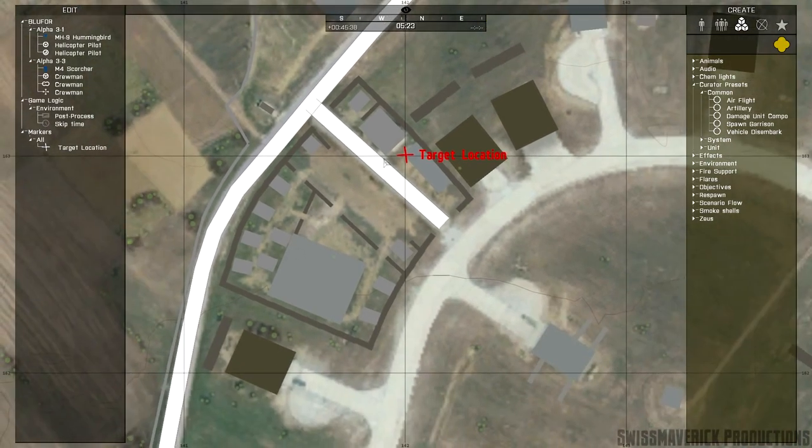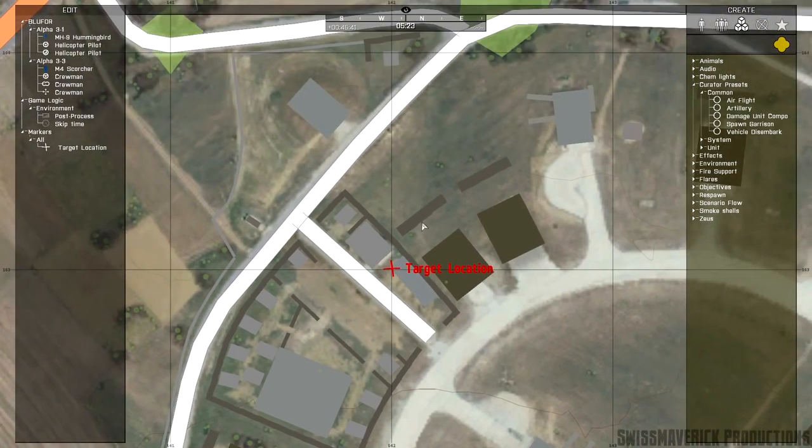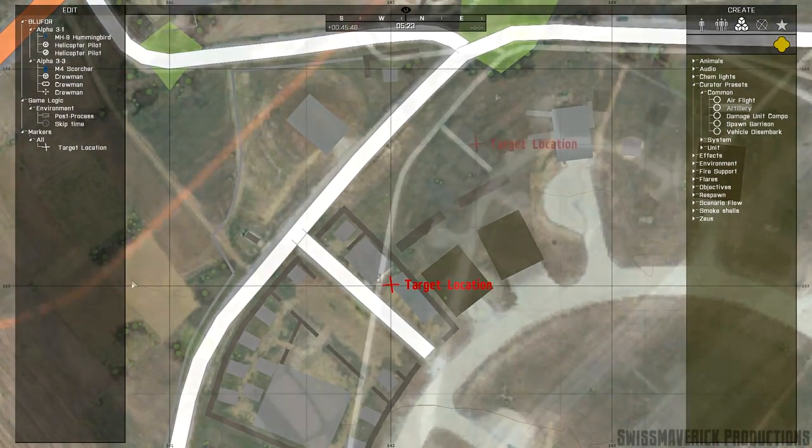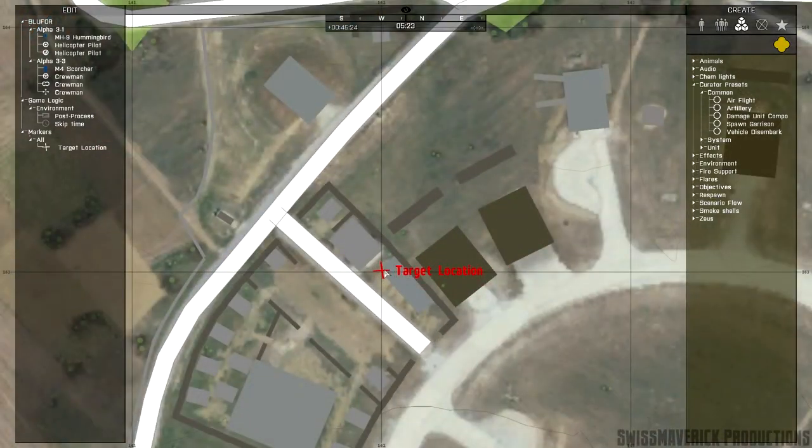Important here is the grid location. This module uses a 10-digit grid system. The first 5 numbers are for the horizontal axis and the second 5 for the vertical one. The ARMA3 map though works with a 6-digit grid system. I choose the target location